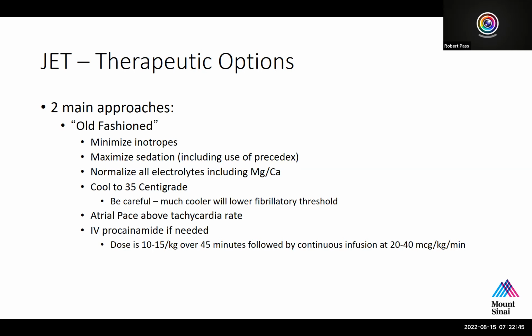This approach is actually the only approach that is almost universally effective. And it's been studied many, many times in comparison with the next approach, which is IV amio, and by far it is the most effective approach. It is not, however, the most commonly used approach because it involves sedation, it involves cooling. Both of those things enhance